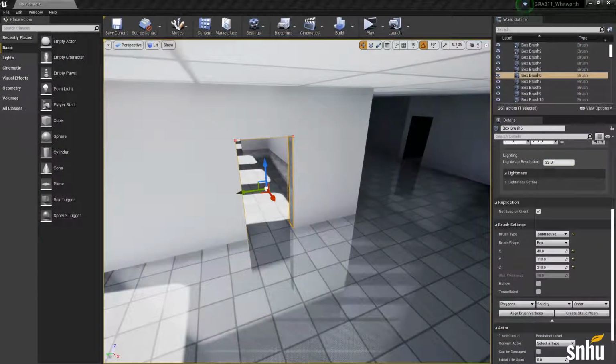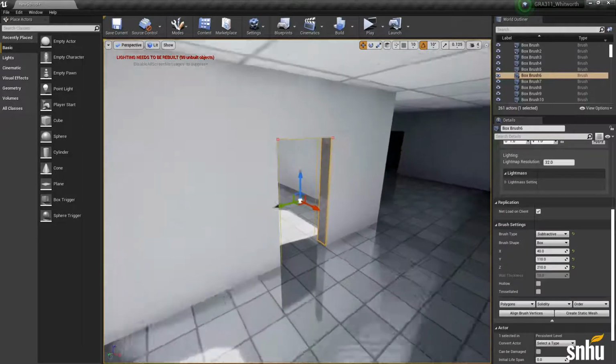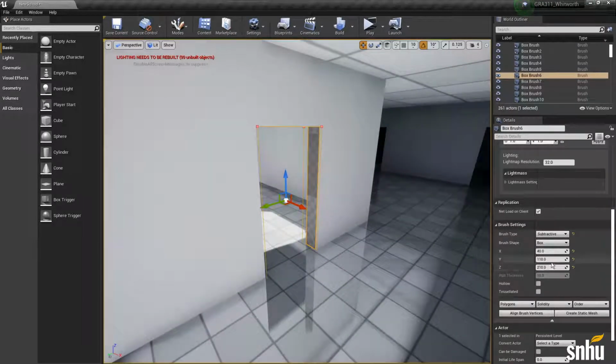Alright, hey everybody. So in this video, what we want to do is make our doors. And to do that, we want to reference the scale from the World of Level Design website. So in that case, the height is 210, the width is 110, and then the x, which is the depth, will keep at 15. The reason I have it at 40 here is just to make sure that this box is going through and through the wall here. So we'll make sure that we do 15 for the depth.